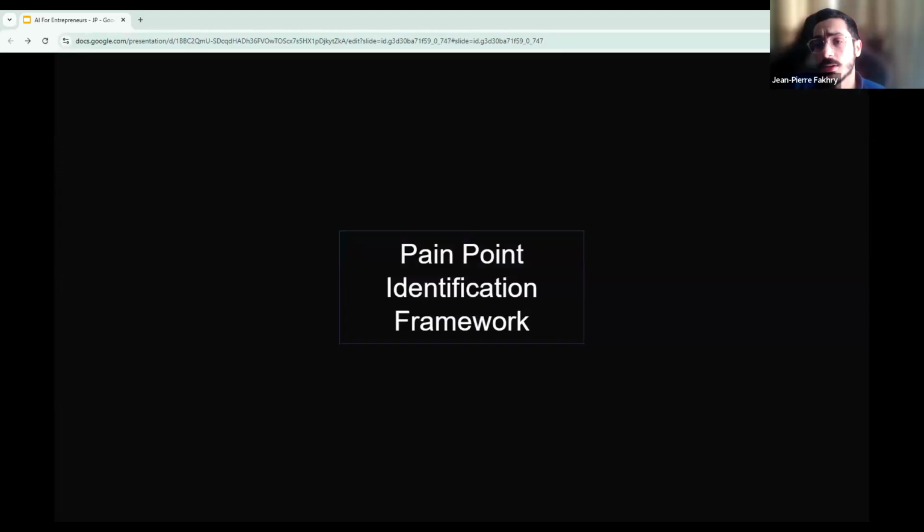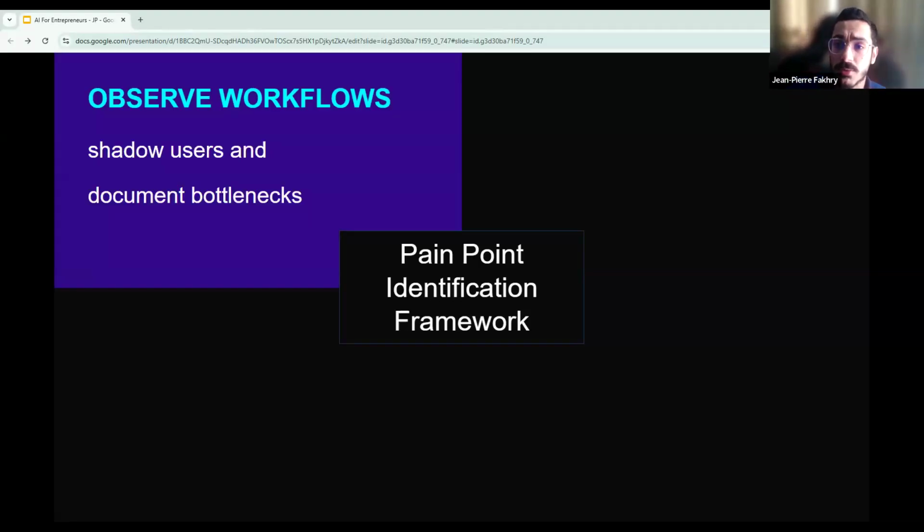Now, to talk a bit about the founders. The best founders are what we call ethnographers before they are engineers. This is something they have to keep in mind. First of all, they have to do multiple steps. Step one is that they have to observe. They have to shadow a real user doing their actual work.